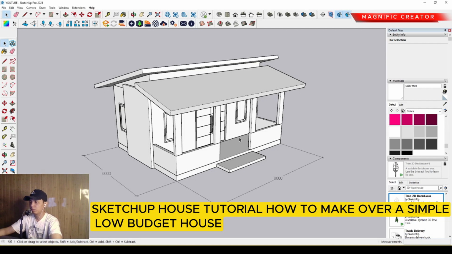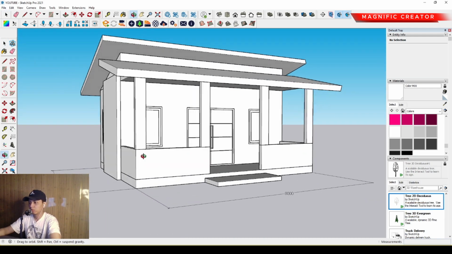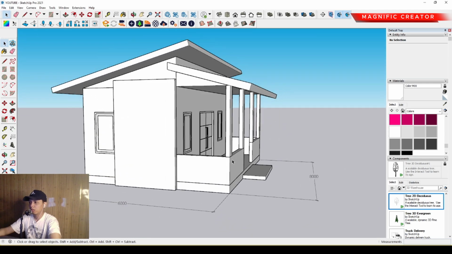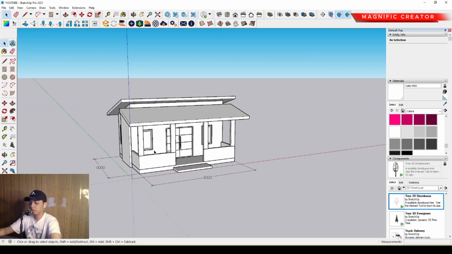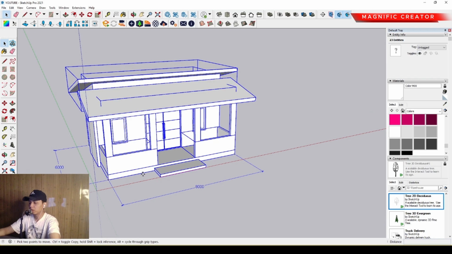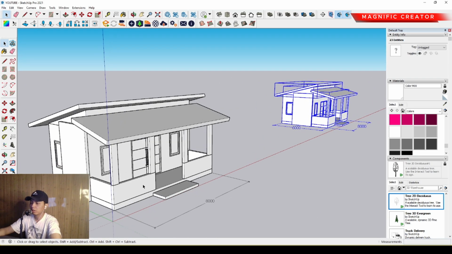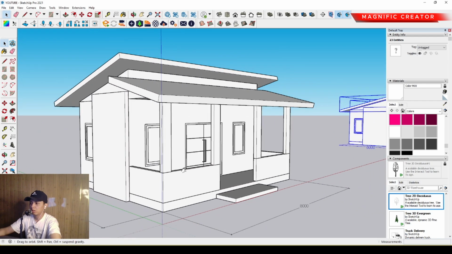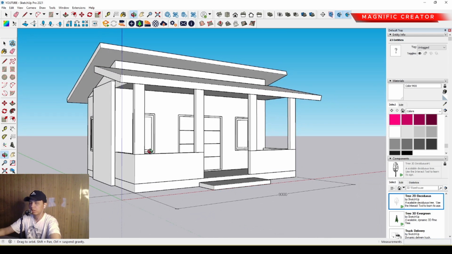Okay, in this video I'm going to explain to all of you how to make over this low budget house, to make it more perfect in its basic shape and several facade elements. First of all, we have to move and duplicate it to another side before we make it over. Okay, first of all we can start with the simple things about the basic shape and exterior elements of